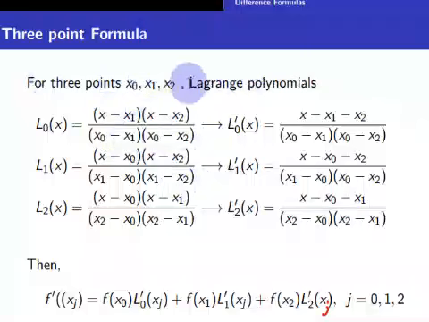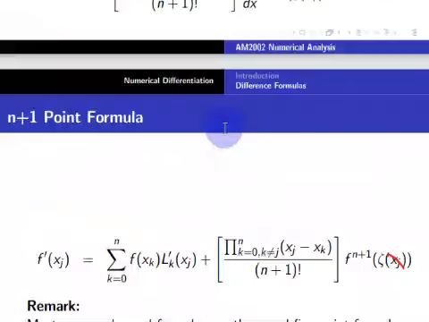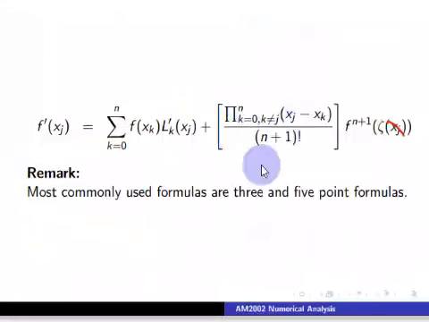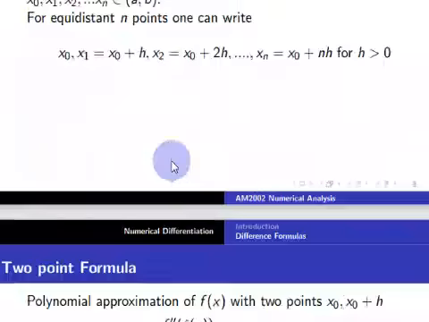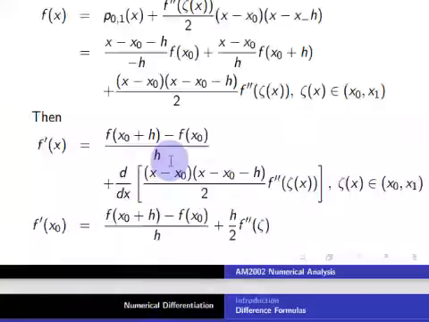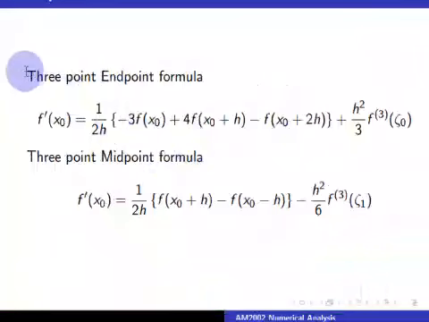So here we used a Lagrange interpolation polynomial. So you can find the Lagrange interpolation polynomial, you know that, right? At the same time you can calculate the error. So when you interpolate using a polynomial, you can compute the error, right? So I think I have discussed the 3-point endpoint formula. That means